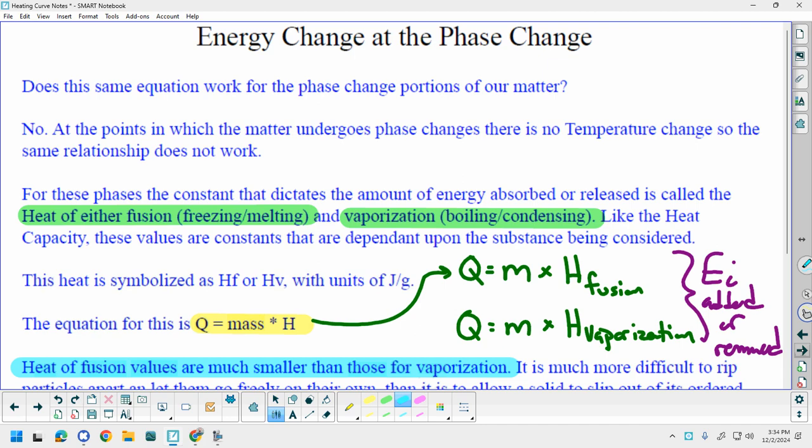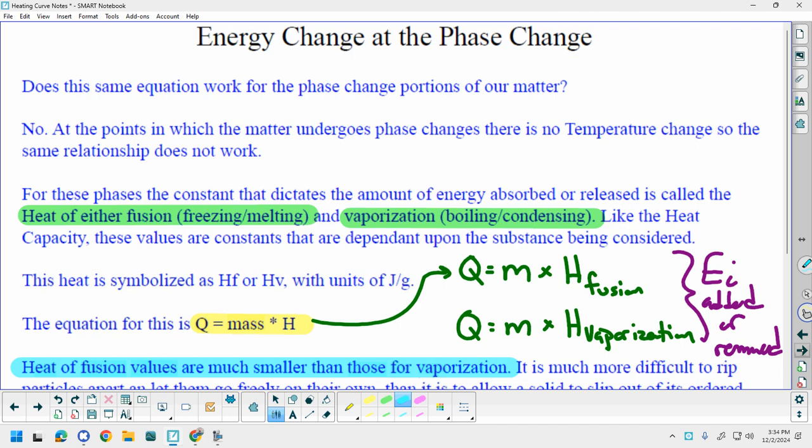And the answer to that is no, because during the phase changes, there's no change in temperature, so that previous equation is not going to work. We're also not affecting the thermal energy of the sample of matter, we're affecting the interaction energy of the sample of matter. So for these phases, the constant that dictates the amount of energy absorbed is called either the heat